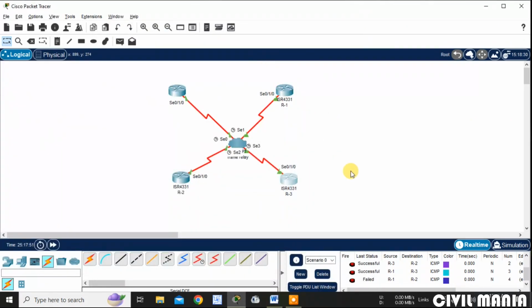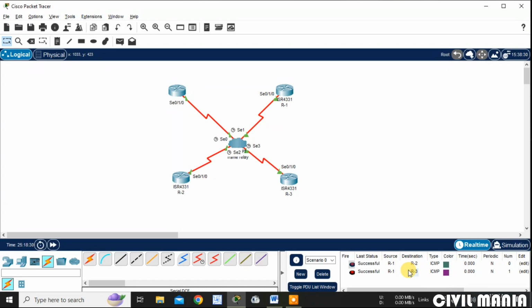So now let me check, because now I have done RIP, that is routing information protocol. Now check the ping, whether it's working or not, from all routers to router. From here to here, earlier it failed. Now, as you can see, it's successful. From here to here, successful. So it's successful to all, as I have done routing information protocol.